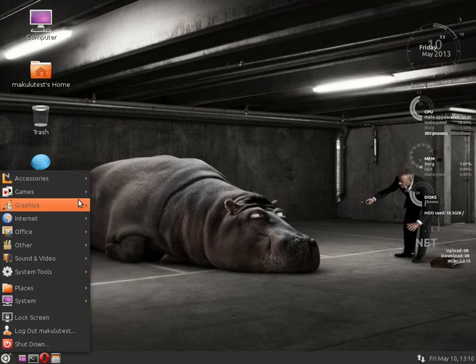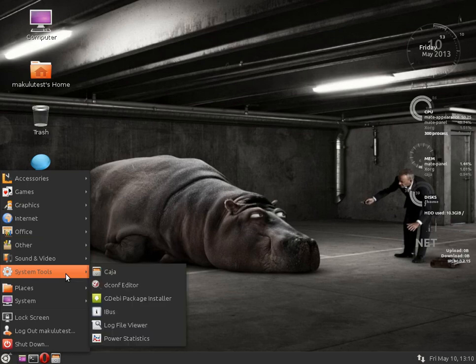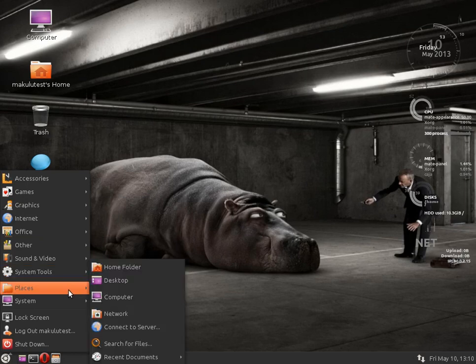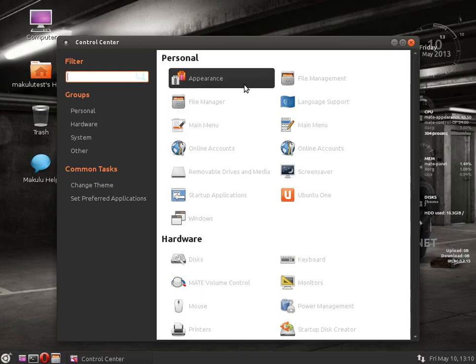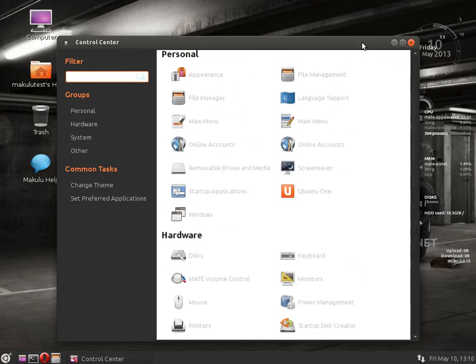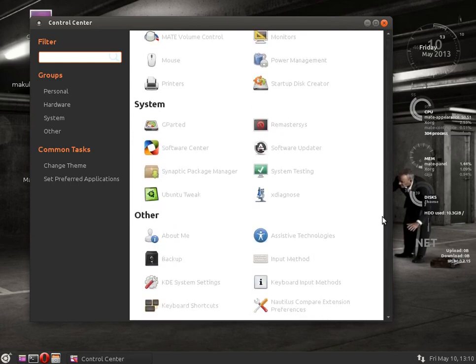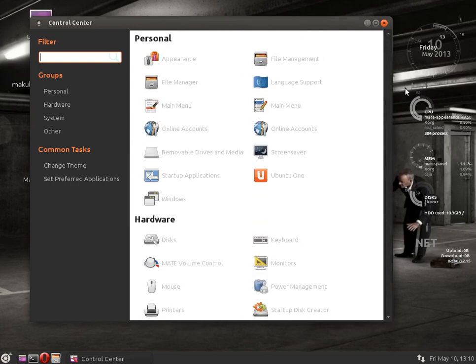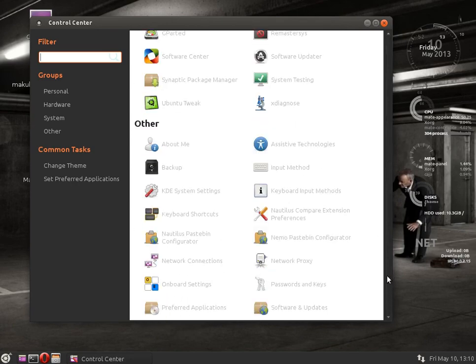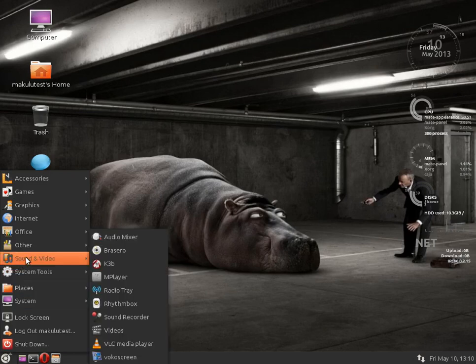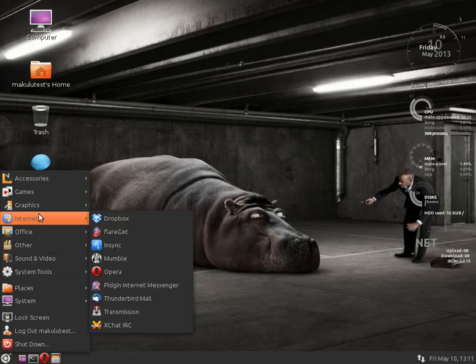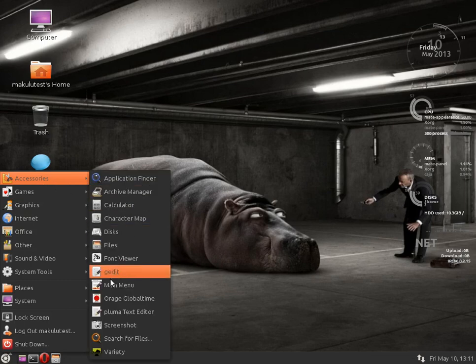There are a couple of items that will come with Mate that obviously will not come with the other desktop environments. For example, under preferences, or is it administration? No, it's preferences. Control center. The Mate control center differs obviously from the Cinnamon control center, as you can see. It actually has a lot more options, but then again, Mate was always more configurable than Cinnamon. So yeah, that's pretty much Mate in a nutshell. I'm gonna move on to